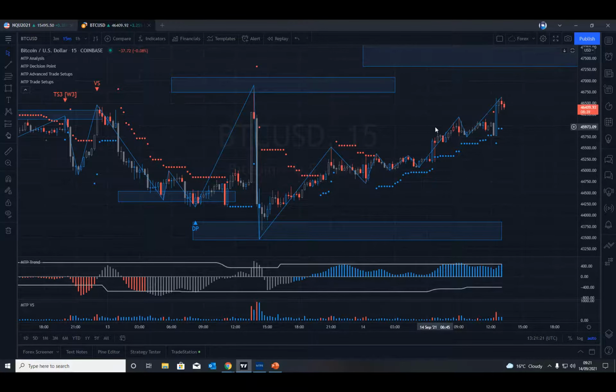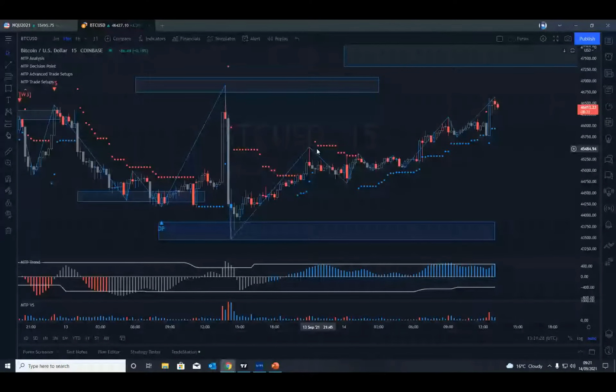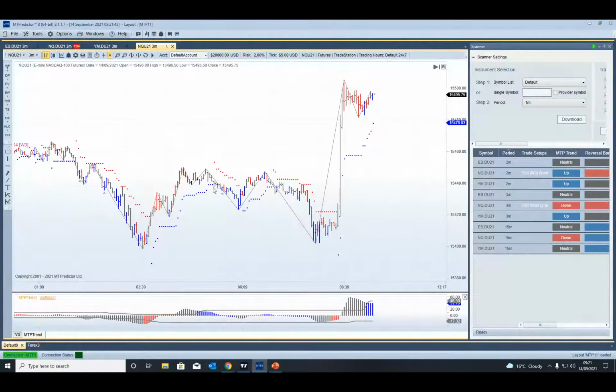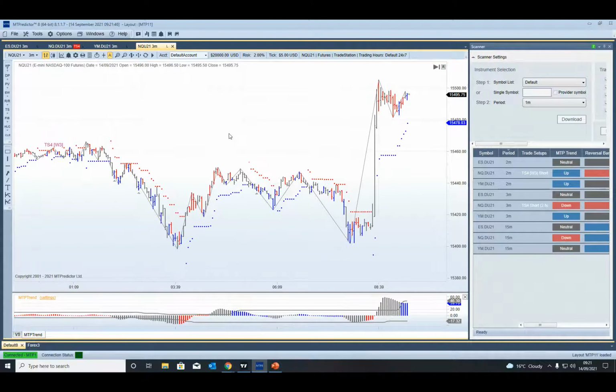So any questions on that, or shall we move over to have a look at the E-minis? I think we'll do that, but I thought it'd be quite nice just to have a look at Bitcoin, just to show, we're using a different market, but exactly the same kind of approach. So I just want to have a quick look at the NQ from this morning on a 3-minute chart.